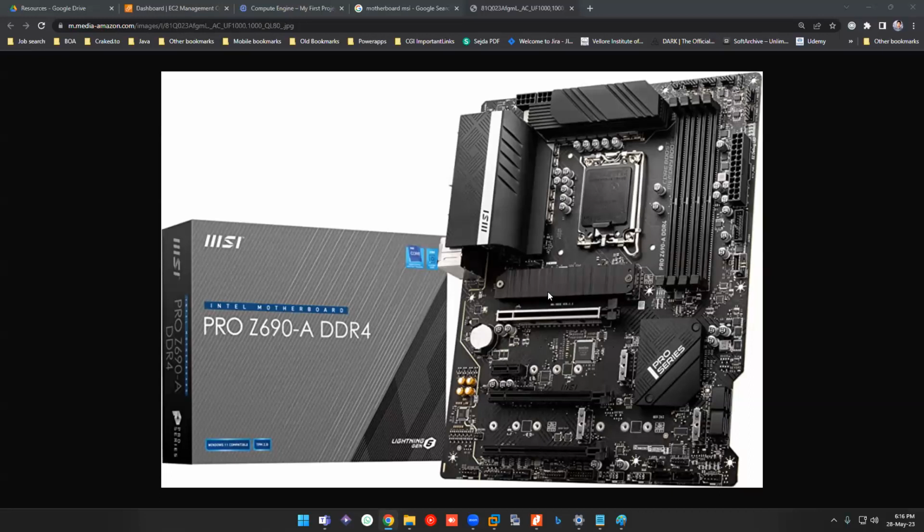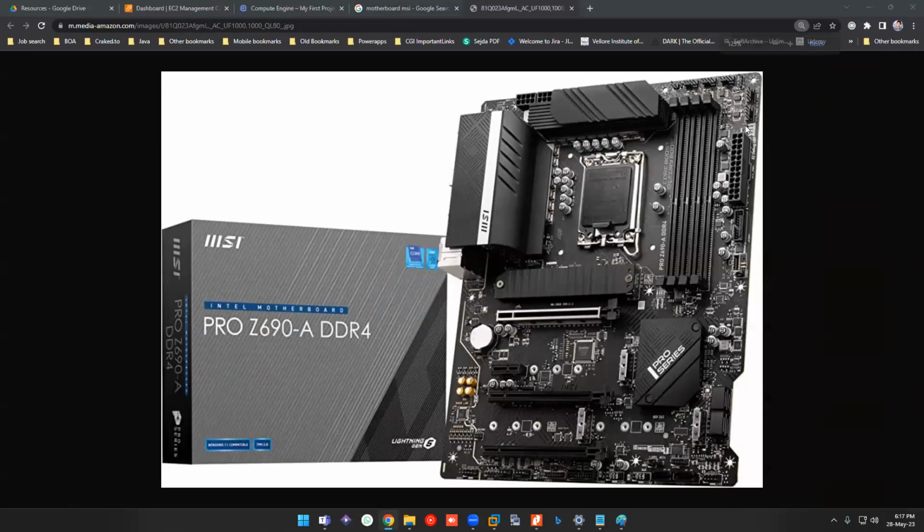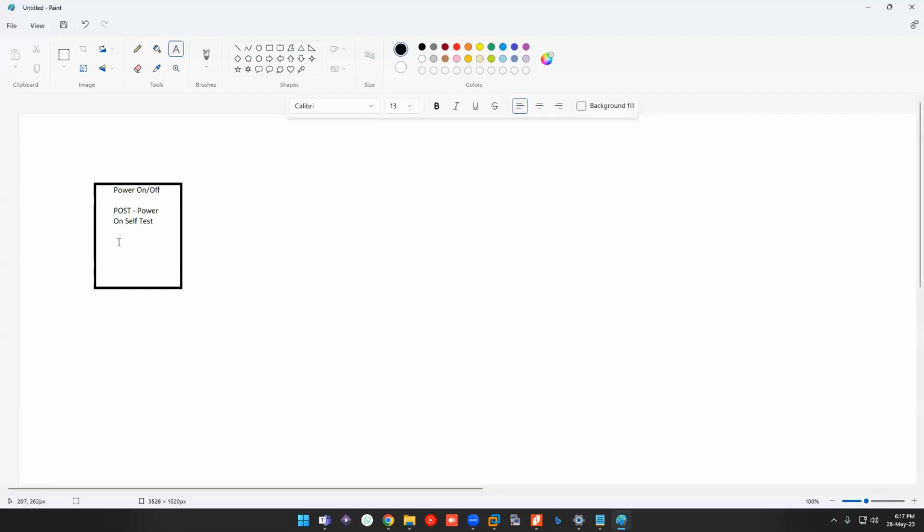It is kind of like a check, and if it receives a confirmation back, then the hardware is capable of running at that time. If not, it will show some error code here or somewhere, like an easy debug LED. In my case it is that, but some motherboards will have a number over here, where it will be shown. Why I'm explaining this is that it will be stuck here itself.